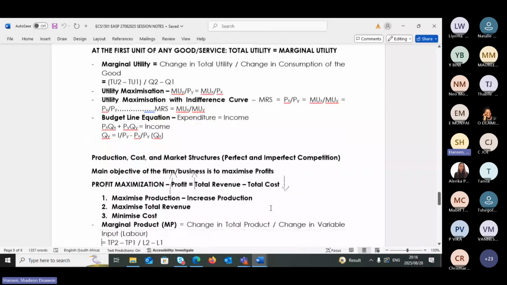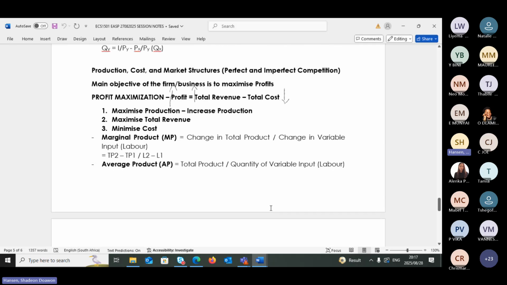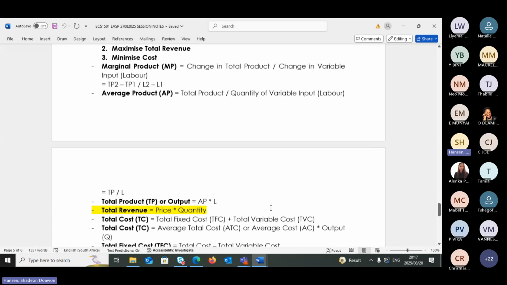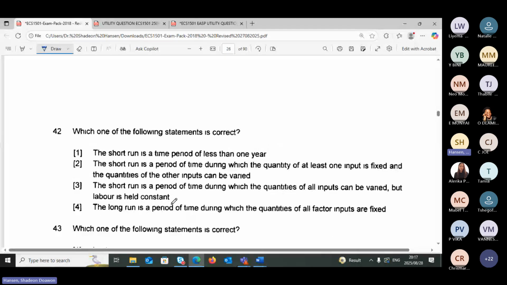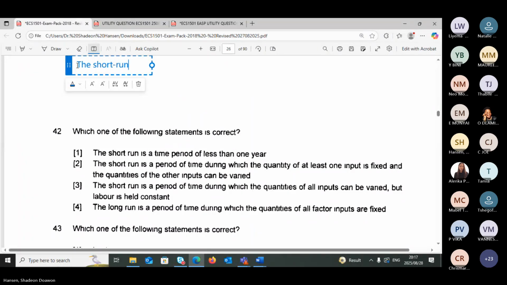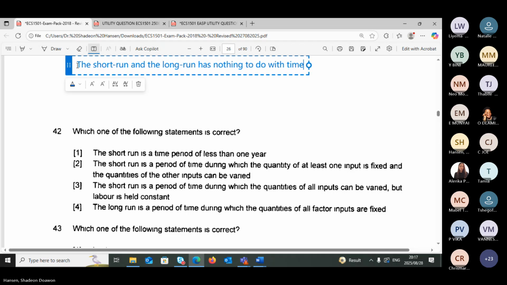This is actually a formula sheet, but I've typed some information over here about the aim of the firm. But what you also need to know, students, is some context on the short run and the long run. Please note that in production and cost theory, students, the short run and the long run has nothing to do with time. Just remember that only in production and cost theory, the short run and the long run has nothing to do with time. Okay? In production and cost theory, students, that is also known as the theory of the firm,